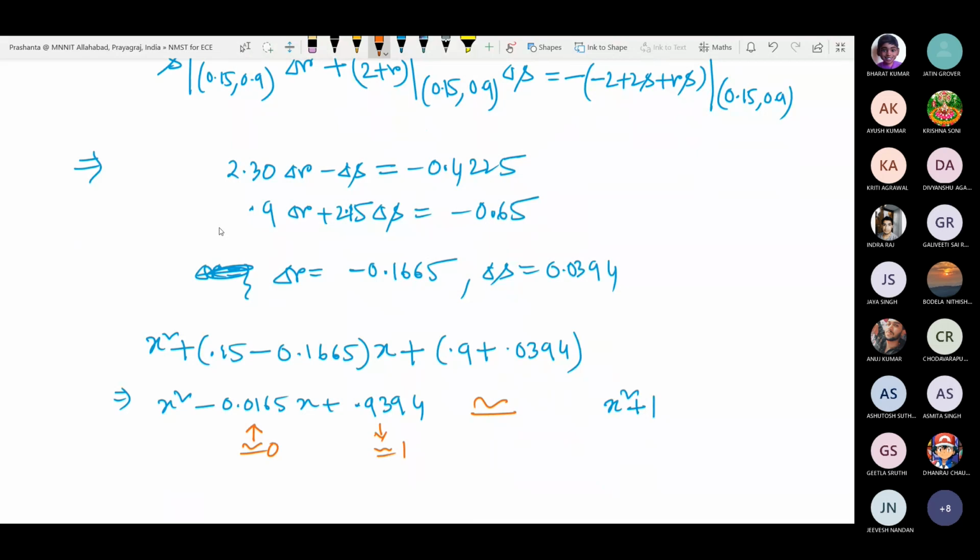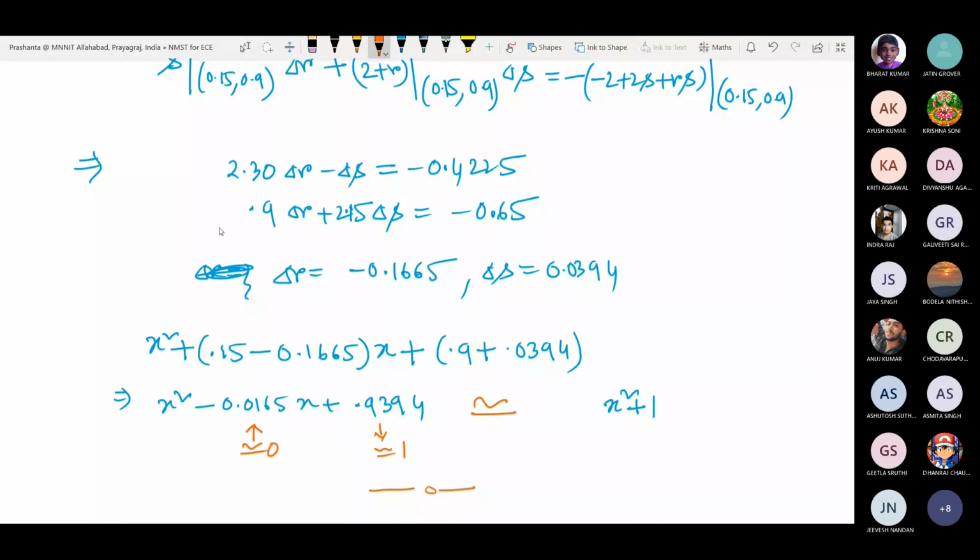Only after second iteration. So you will have to keep on performing this procedure. By hand you are doing, that is why it is taking much time. But if you write a code, then you can easily obtain the approximate factor very quickly. So this is how Lin-Bairstow method helps you to find out a quadratic factor. One by one you will be finding all the quadratic factors if you want all the roots. So that was the root finding method. So this unit is completed here.